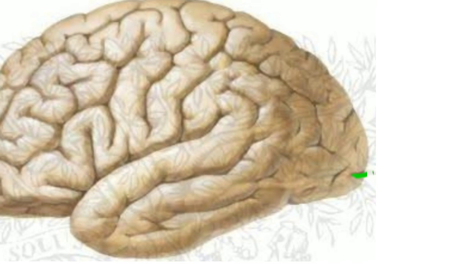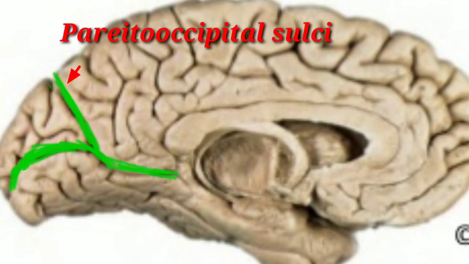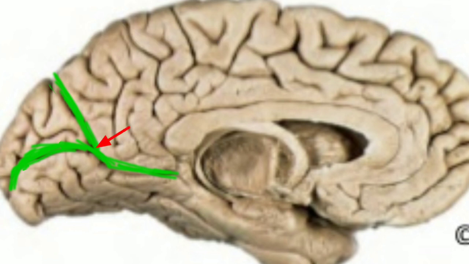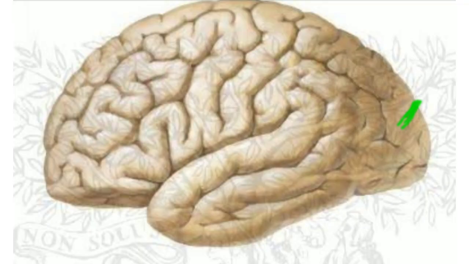The next sulcus is parieto-occipital sulcus. It is present on the medial surface of the hemisphere. It begins at the midpoint of the calcarine sulcus and courses upwards and slightly backwards to cut the supromedial border of the hemisphere, about 5 cm in front of the occipital pole, and it may extend slightly onto the suprolateral surface.